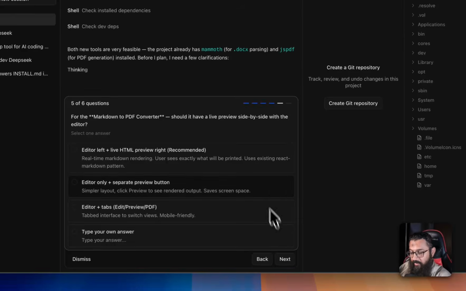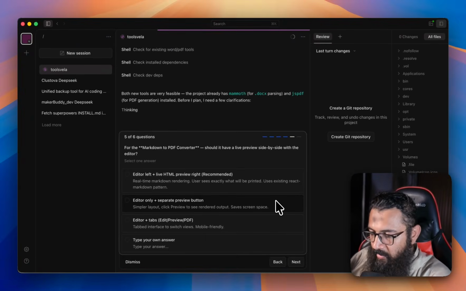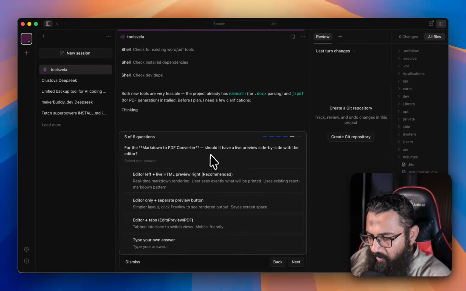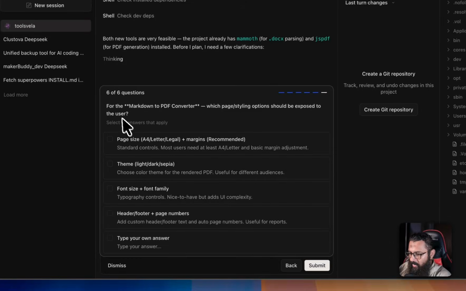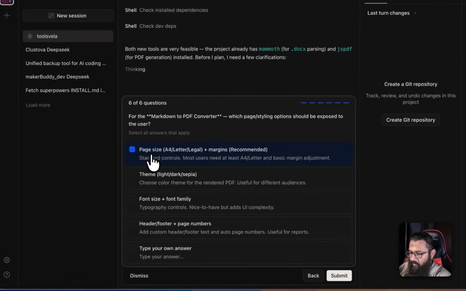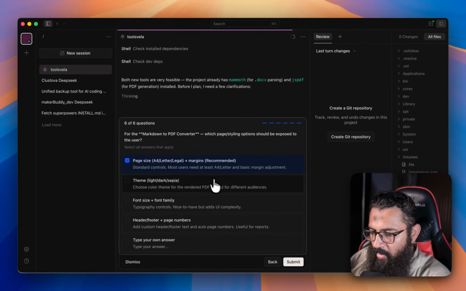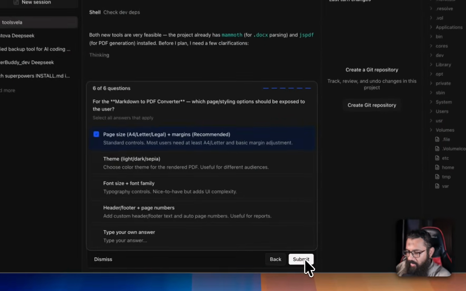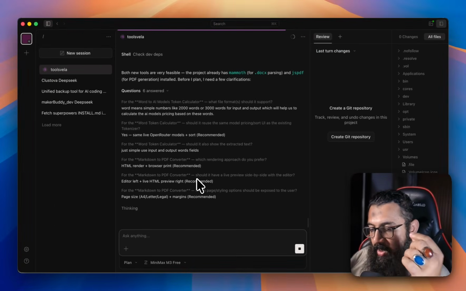Now it asks the whole questions, and it's asking valid questions. Okay, for the Markdown PDF converter, should it have a live preview side by side with the editor? Yes, editor left and live HTML preview. Okay, yes. Next, for the Markdown PDF converter, what visual style option should the export have? Okay, page A4 size, perfect, or you can say that most users need at least A4 pages, and submit. Now we are good to go with that one, and now it will start working